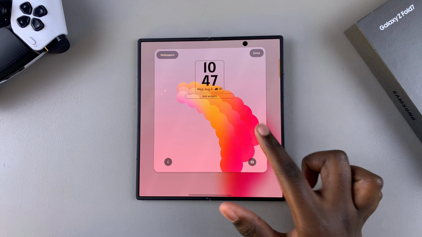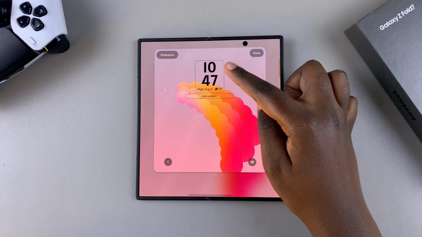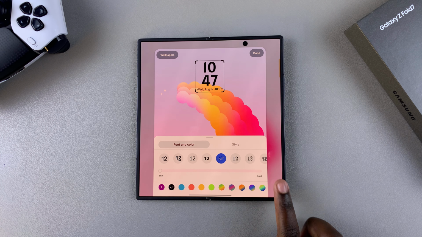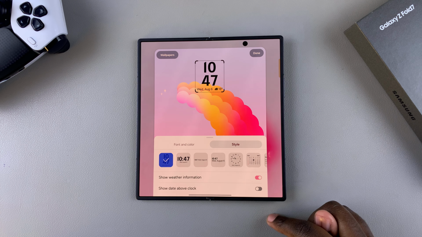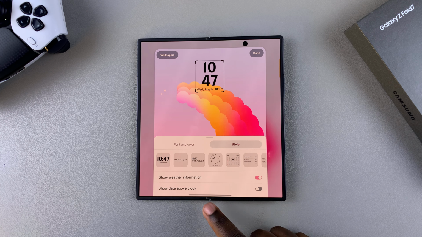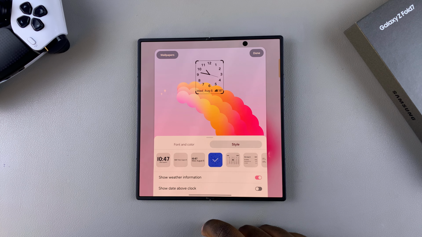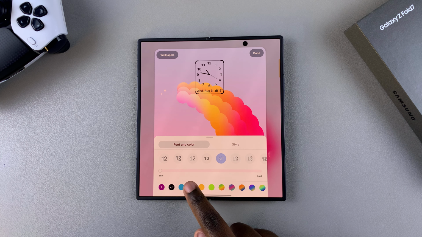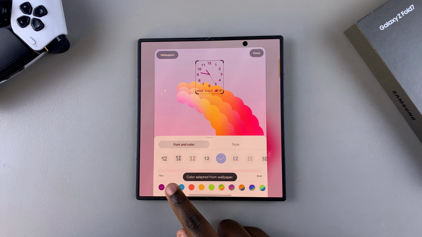Next, in order for you to switch to an analog clock, just tap on the current clock style that you're using and then switch to the section labeled style. Under style, look for the analog clock that's available and tap on it. And then you can even choose to change the color. If you switch to the font and style section, you can choose to change the color and just customize it